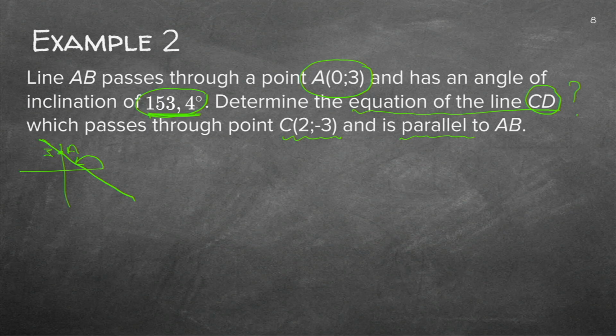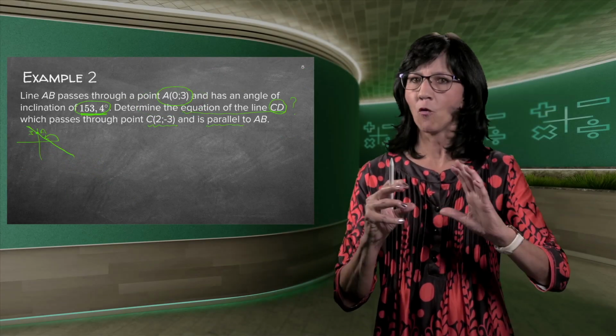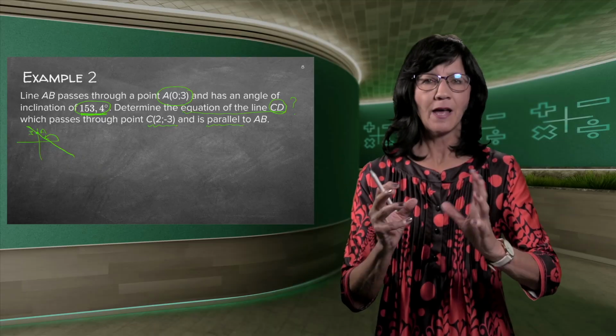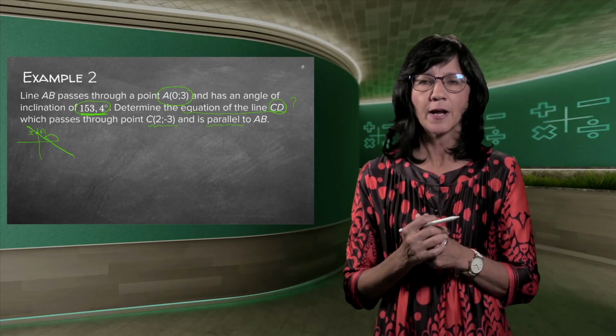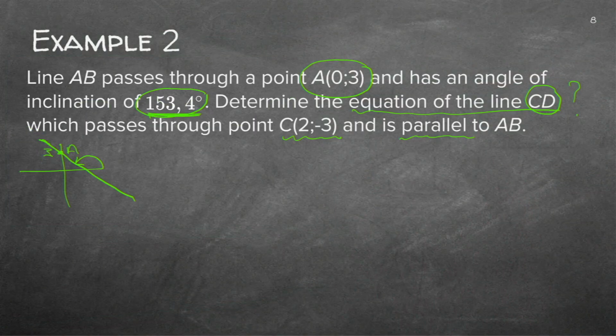So why do I need AB? Or what do I need AB for? Just for the gradient. I do not need the formula, the whole formula. If I have a way to just find the gradient of line AB, that's all I need. So, can you remember this formula? M is equal to tan theta. That is also in an older previous lesson. M is my direction in letters. Theta is my direction in degrees.